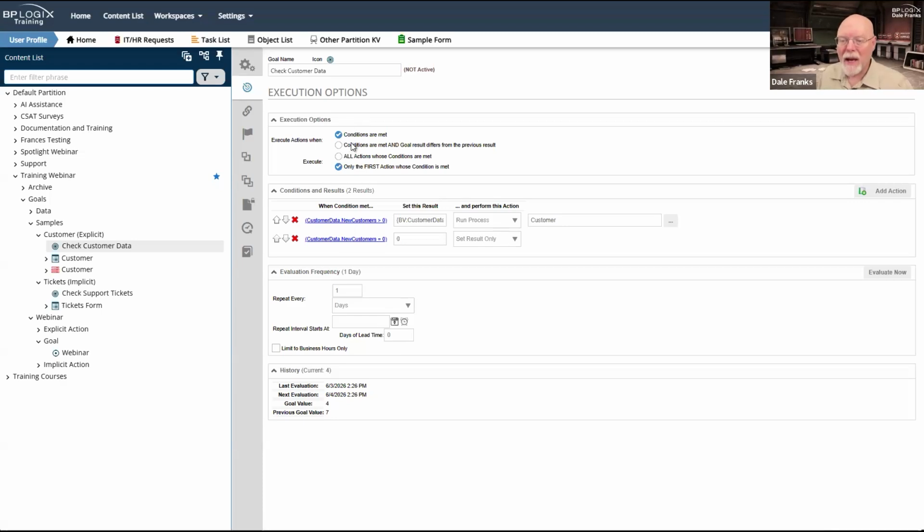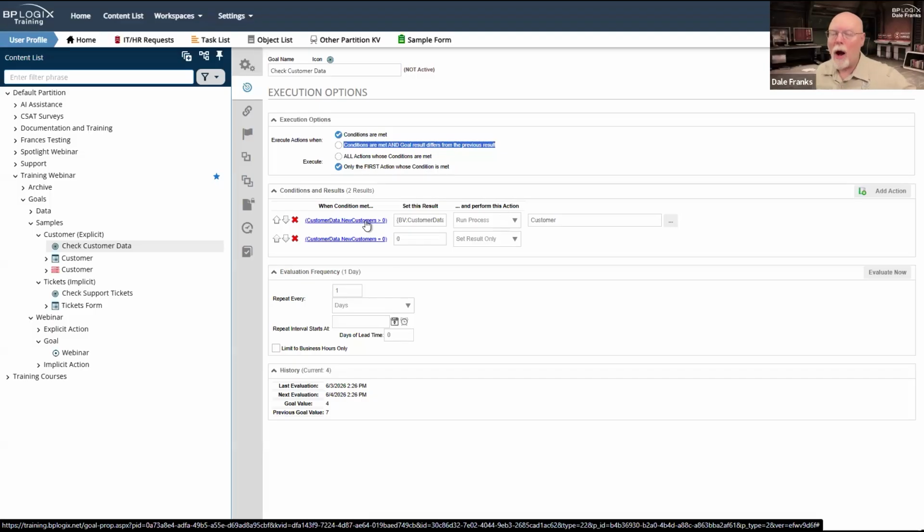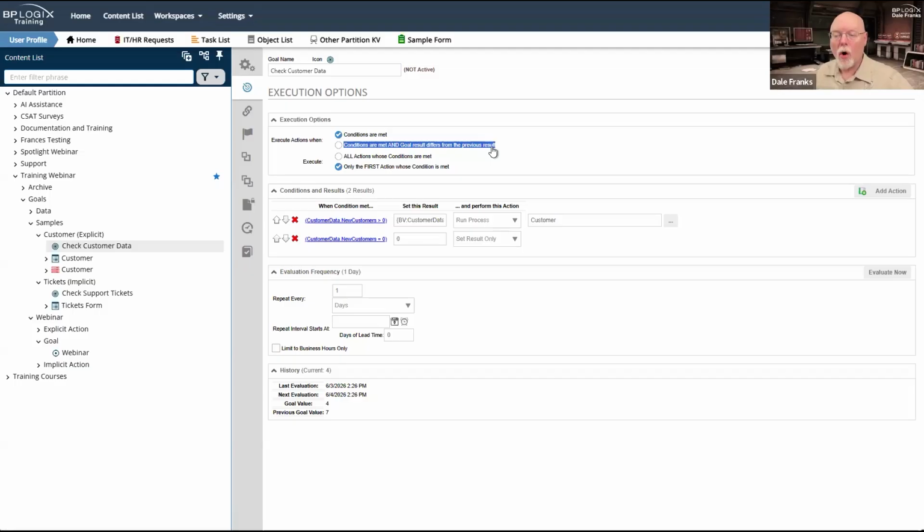However, the second condition is equally important. I want the goal's actions to run when a condition is met and when the goal result differs from the previous result. So it is conceivable that I could run this goal multiple times and the current goal value might be 7. And indeed, if I were to run it, that would be the current goal value.